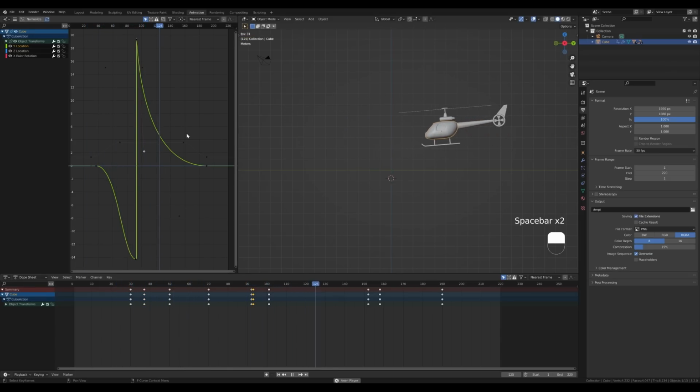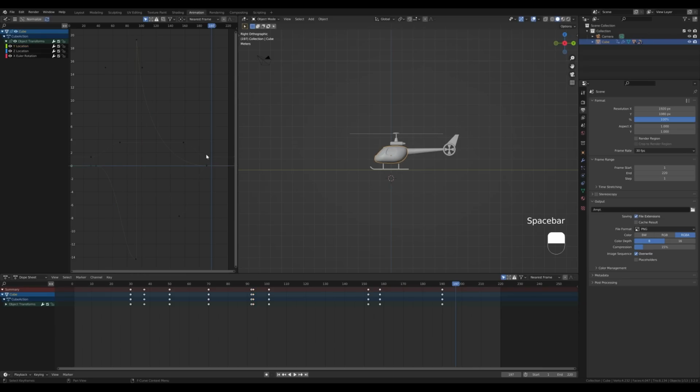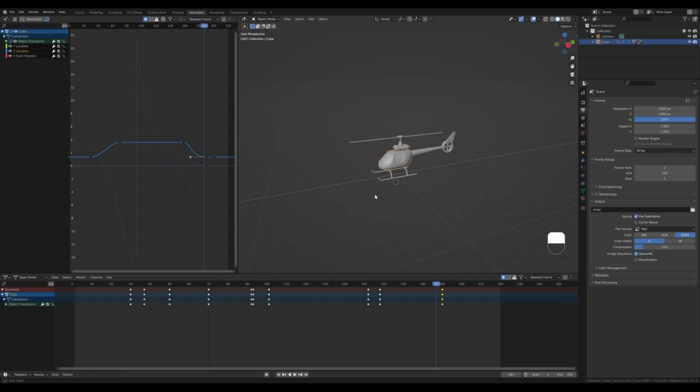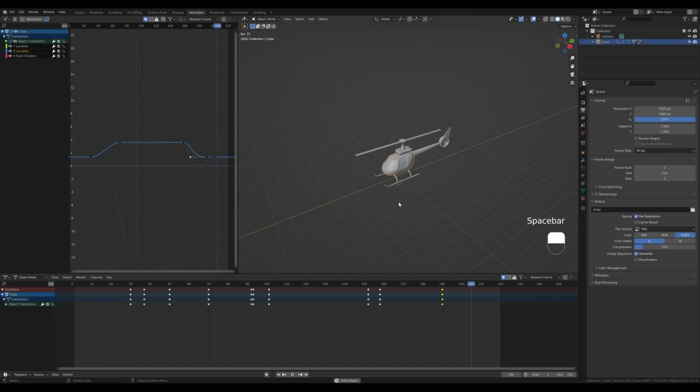Okay, and let's look at this part here. I like the landing, but it should be a little bit more eased out here. So let's try to move this handle on the x-axis and make it ease into it a little bit more. Alright, so that's it, and one thing we are definitely missing is some propeller movement, of course.